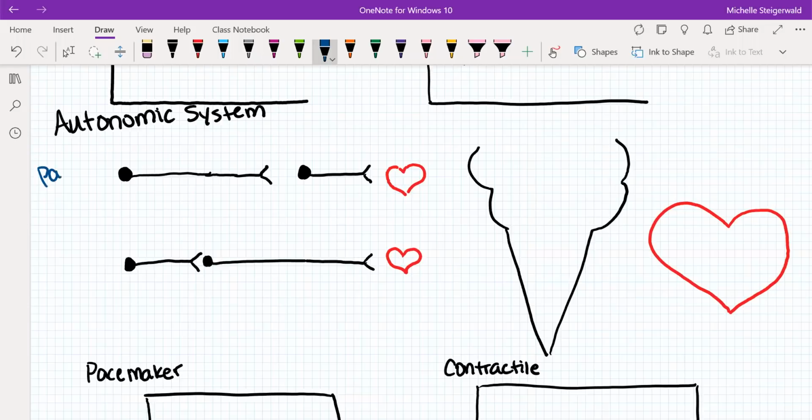So this is parasympathetic we're showing here. And this is sympathetic down here. I know that just by looking at the length of the different neurons I've drawn. So with both of these systems, these are descending systems. There's two neurons in a row. You're going to have a pre and a post. So this is your preganglionic,